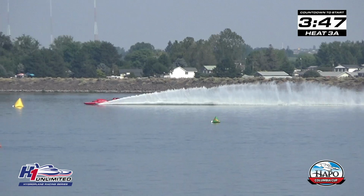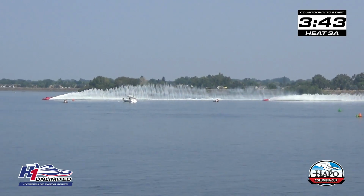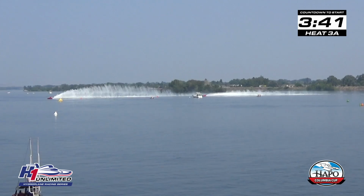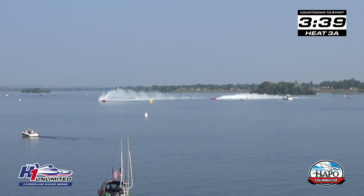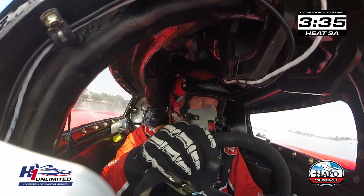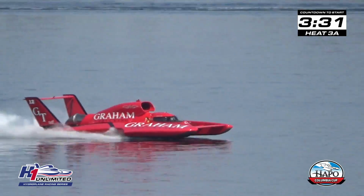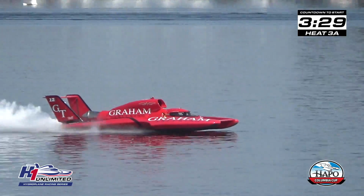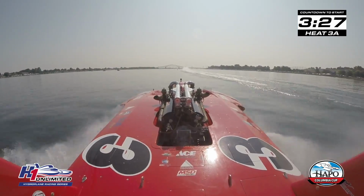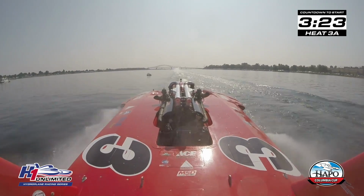Well, J. Michael Kelly in the 12 on the outside, really putting it down. He wants to make sure he gets a good start. Very vital that he picks up as many points as possible so he can jump into one of those top 6 spots. Well, and he's got the engine that they put in yesterday because they had problems with the other turbine that blew up. So 2 red boats coming down the front stretch across the Griggs Ace Hardware start-finish line,